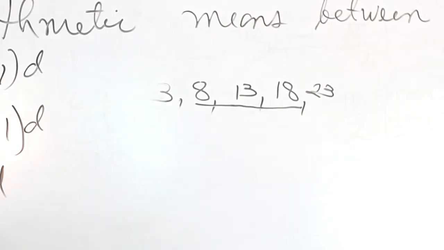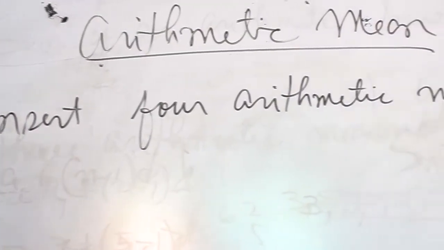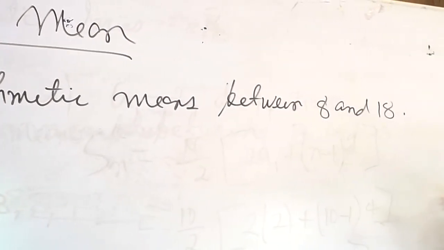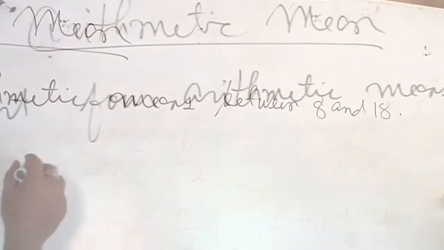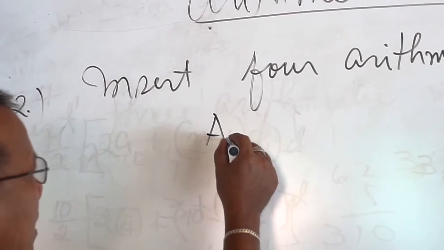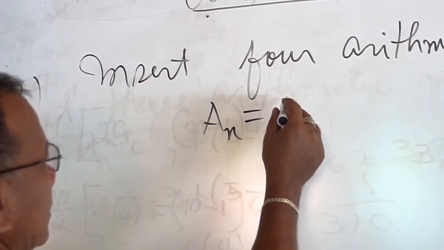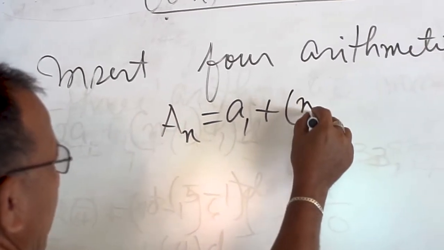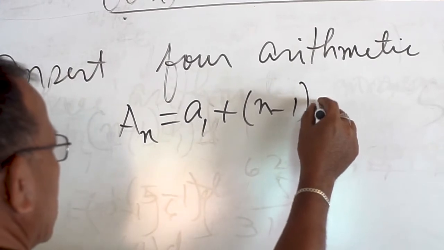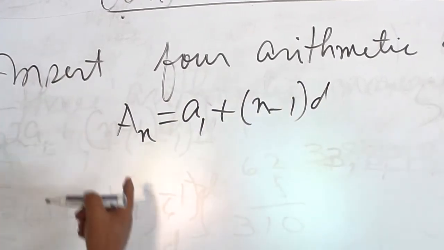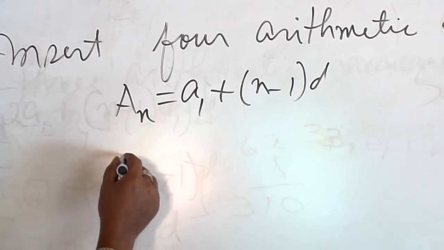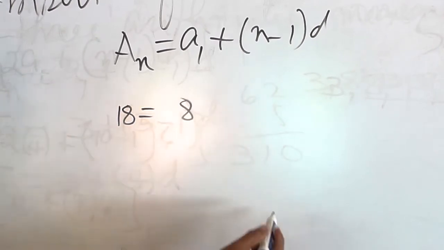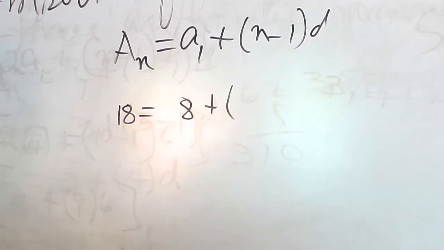Now, example number 2. Insert 4 arithmetic means between 8 and 18. First, you have to solve the common difference. So we have the formula, A subscript n is equal to A subscript 1 plus open parenthesis n minus 1, then close parenthesis D. Okay, so the last term is 18. Then the first term is 8. Then plus n is